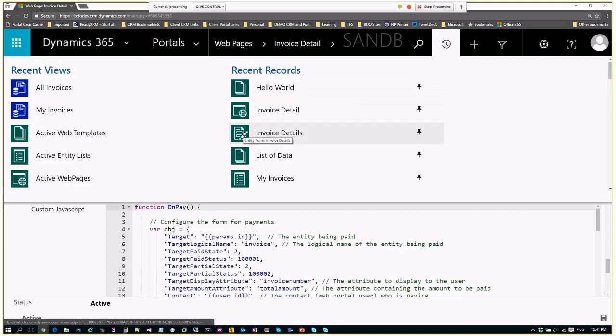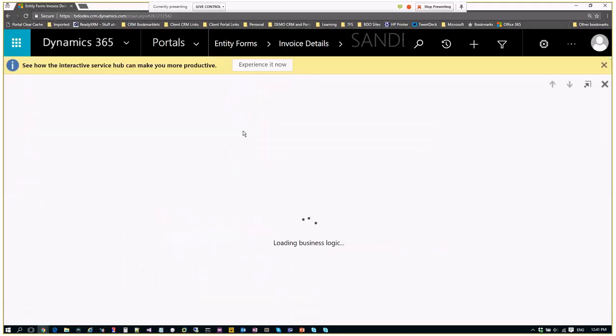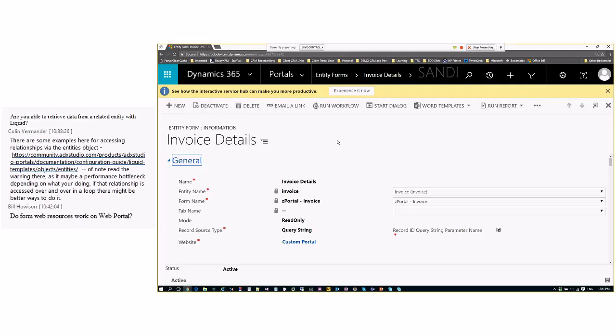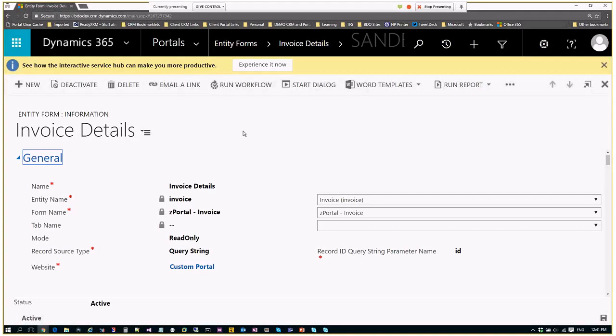Now I do want to point out though, I'm going to go to my entity form here, that the JavaScript and business rules that you would put on your Dynamics 365 form, so let's say you created some JavaScript to hide or show or set a field mandatory or things like that, that JavaScript currently will not run on your portal forms or your portal entity lists. I'm not sure if that will ever be a feature or not, but I just wanted to make you aware of it, so that when you think, okay, I spent all this time creating JavaScript on the CRM side, why isn't it working on the portal? The portal won't run that JavaScript.